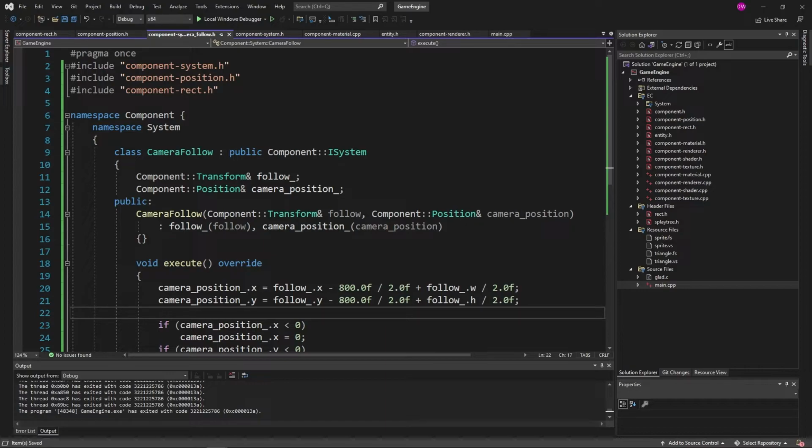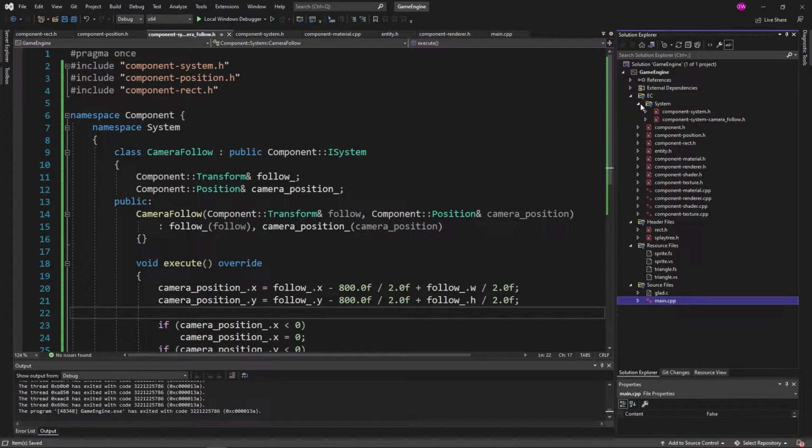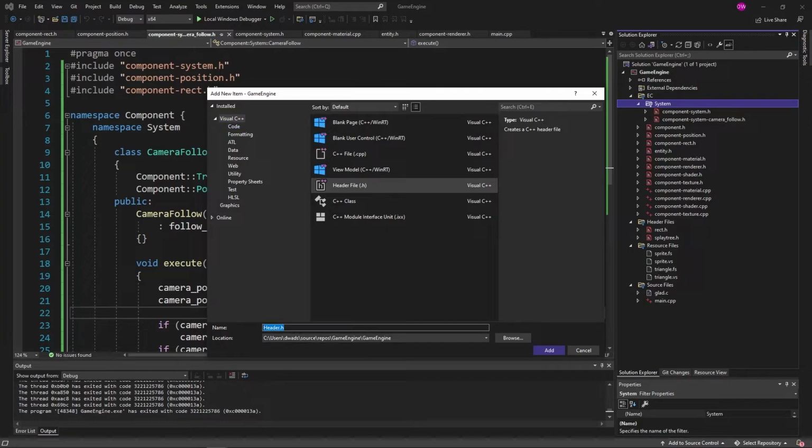The next thing that we are going to do, I guess, is come up with a draw system. So for our renderer, we have component system, and in our render system, since we're now rendering to the screen based upon the camera, we're going to have to change how exactly we're rendering here. So no longer drawing it from the main, but actually having a component system handle that. So to do that, it's going to be component system draw